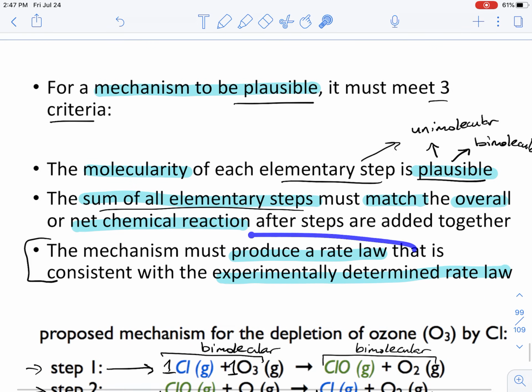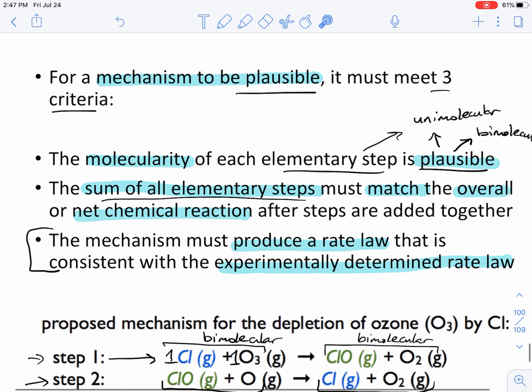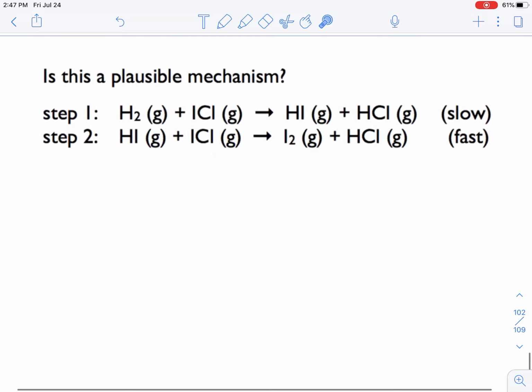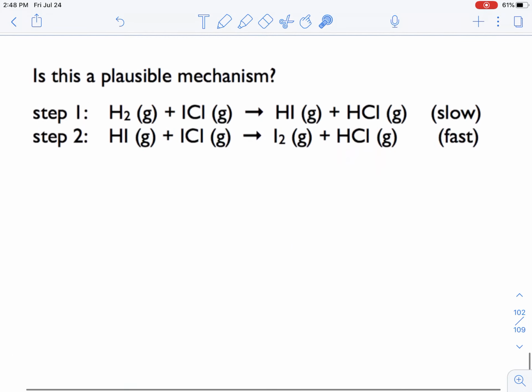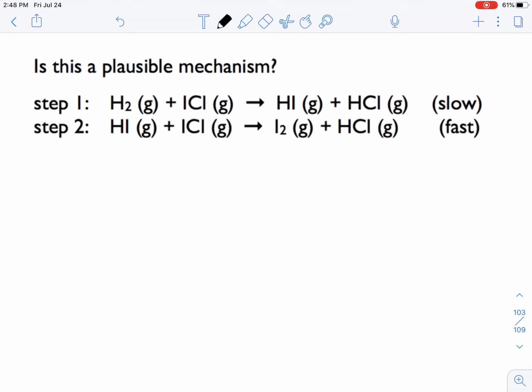And so the last criteria is determining whether or not the rate law from the reaction mechanism is consistent with the experimentally determined rate law. Okay. And so to do that, we're going to go ahead and break down this mechanism to incorporate the rate of the reaction for each elementary step. And so in this example, the value of the activation energy was not given to us. It simply is stating that this is the slow step and this is